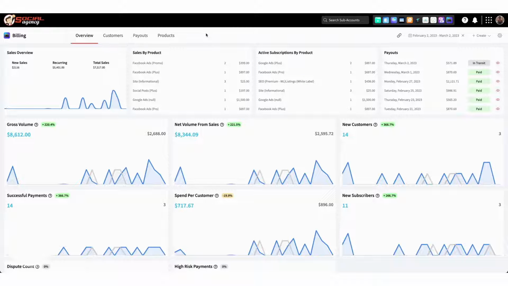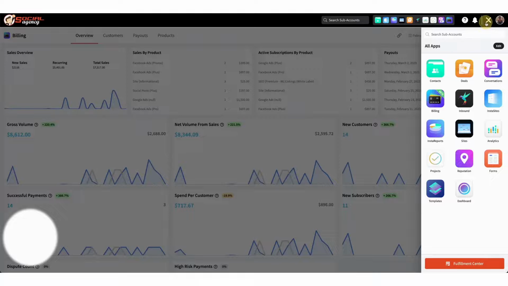We also added a lot of functionality on top of this app, and we're continuously adding it. That allows you to do so many other cool things like text to pay and email to pay and things like that, right? And that's our billing app. So you no longer need to log into Stripe ever again. You can do all of that in here. And once again, this integrates with other apps like automations and stuff that you can do to automate your billing